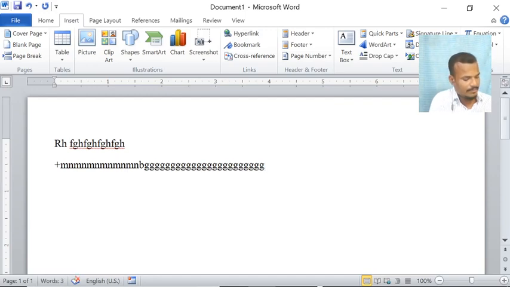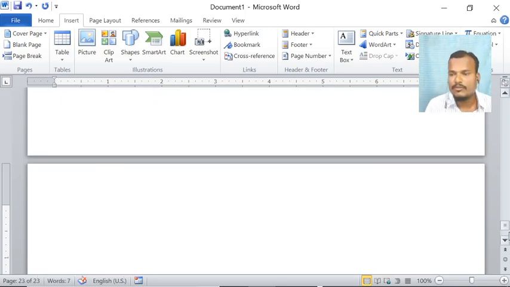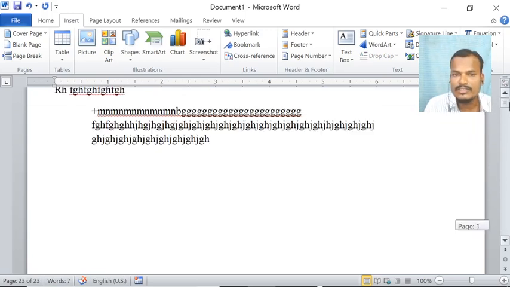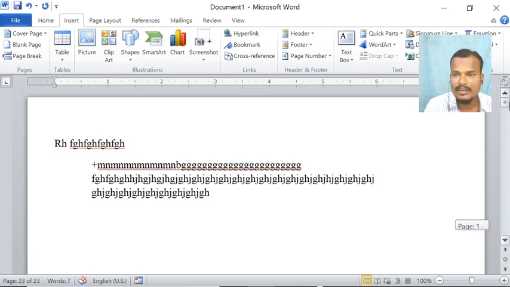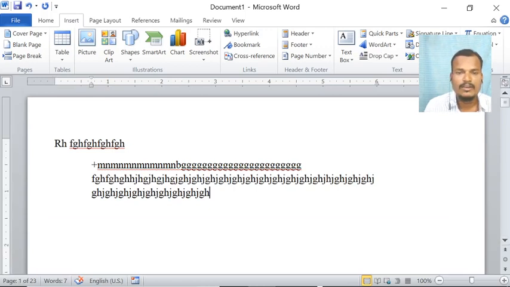Okay, see here. If we want to see the page up and down, see here. If we want to see the page, this is the up, and if we want to see the down, like this. Okay, so now we are here.